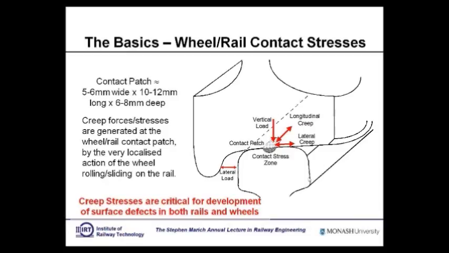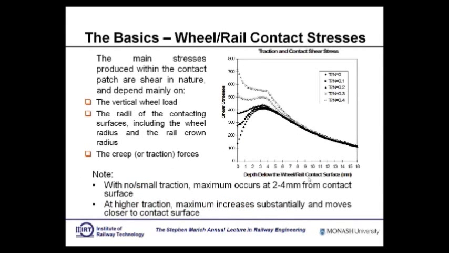Now, creep forces are essentially associated with the development of all kinds of surface defects in rails. They are responsible for all the defects. If you've got low creep forces, you will have no defects. If you have high creep forces, you have defects in both wheels and rails. So they're very, very important. And just to give you a bit of an idea,